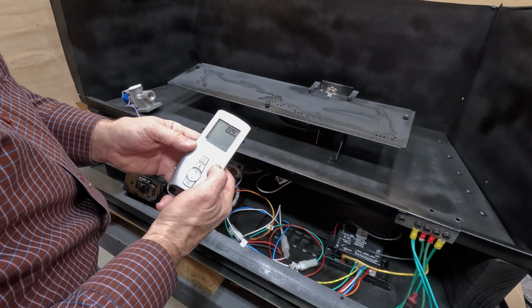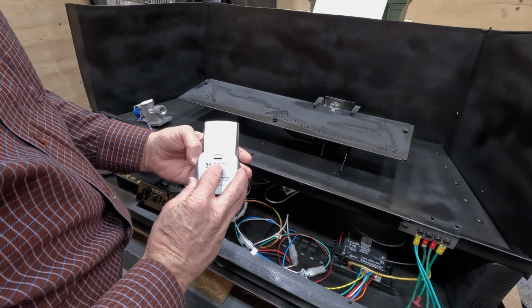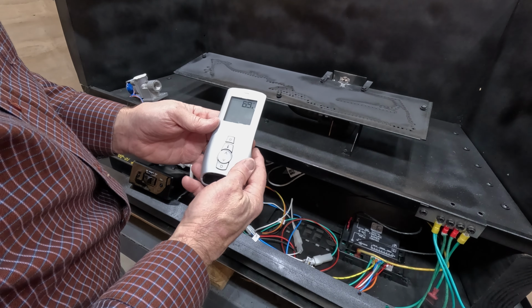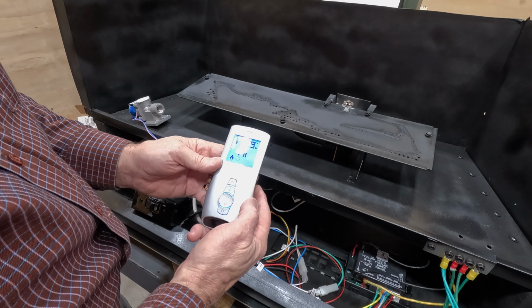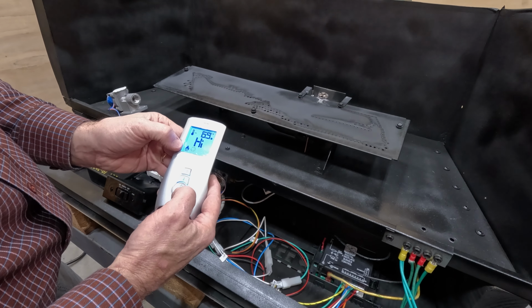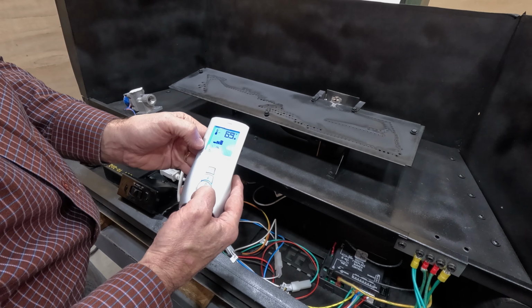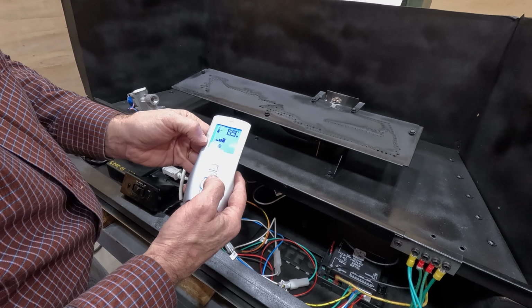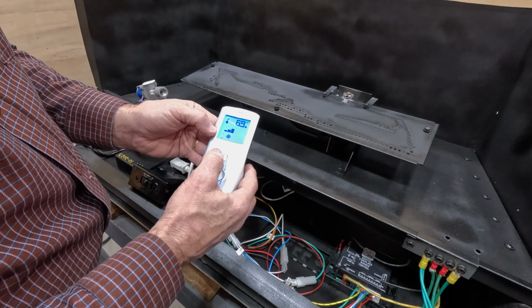So today we are going to go through the features of the 584023 Proflame 1 series silver remotes. Now this 023 comes with enabled features of the height of the flame and the speed of the fan. Now because this unit only has these two features enabled, these are the only two features that will be shown